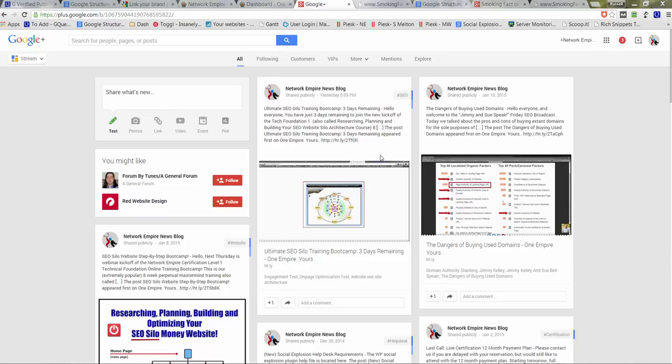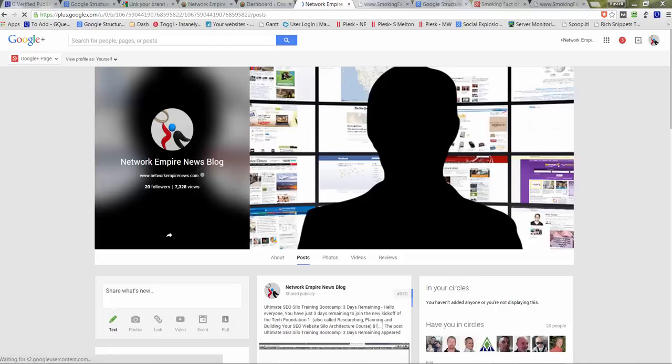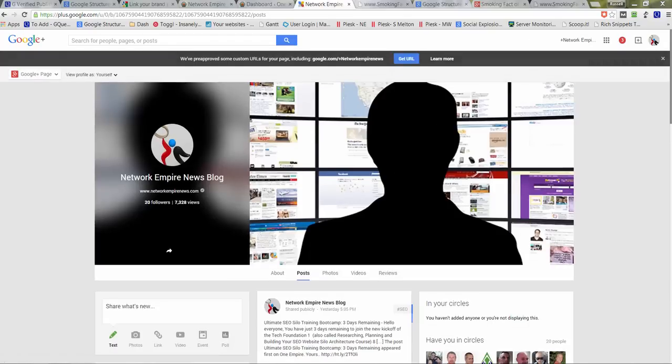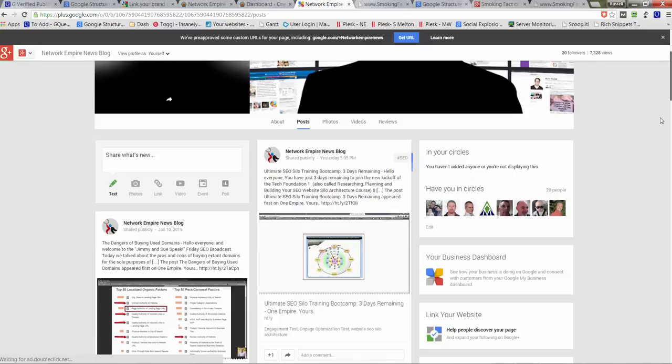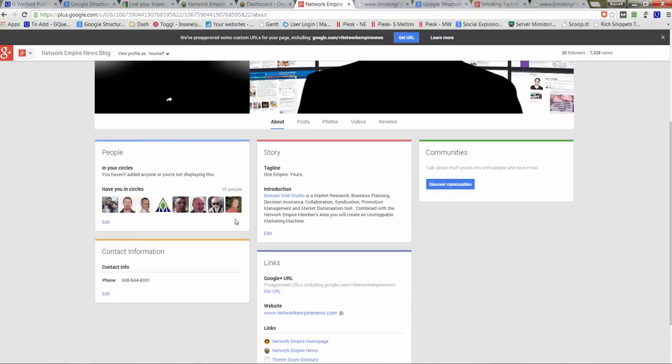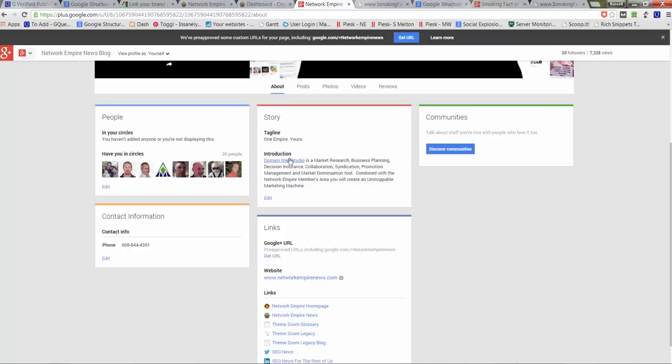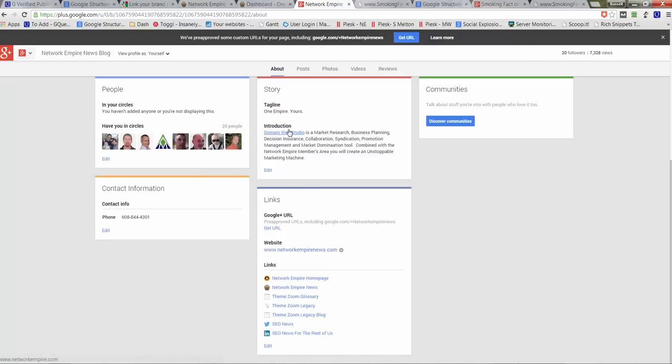All right. So what we want to do now is I just clicked on the upper right hand corner, and that brings us to the main page. And I'm going to hit About. Hopefully everybody can see About right here. On the About page, I'm not showing you too much about the details of how to fill this stuff out. This word definitely needs to go. Domain Web Studio is not a keyword I want to rank for anymore. But you can see that the website Network Empire News